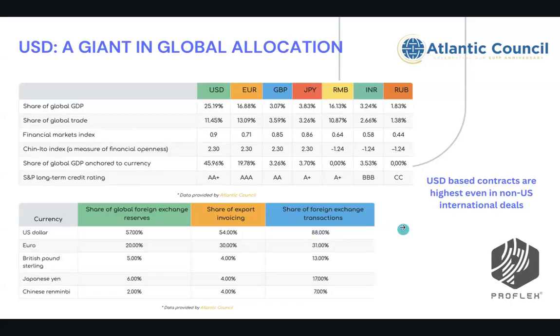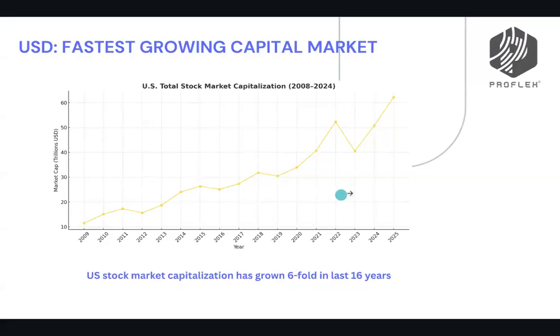Now, beyond just the reserve assets, look at the industries and where the business is done. Again, the US dollar dominates there. I don't have to go into every detail, but we talk about share of global GDP, share of global trade, and ultimately the global GDP anchored in the currency is USD. One thing I would also like to highlight is that most international contracts, even in non-US settings where no party is involved in the US, are done in USD because of the same reason. So these are some of the reasons why US dollar assets are very critical for everybody globally.